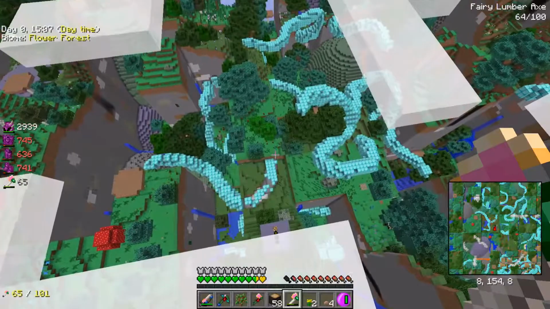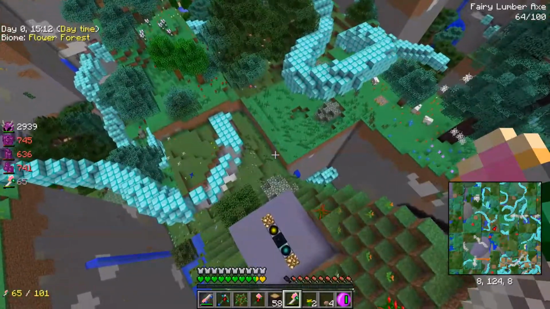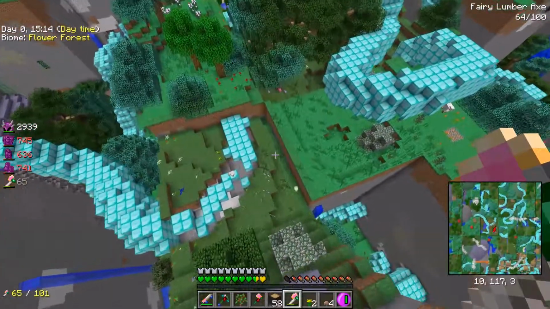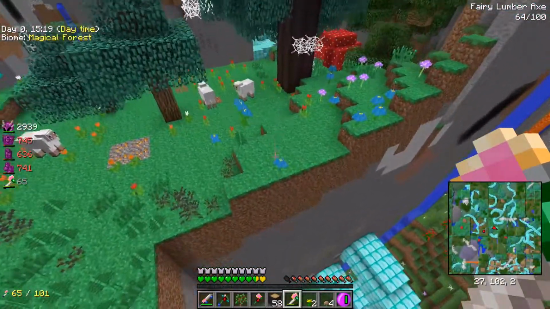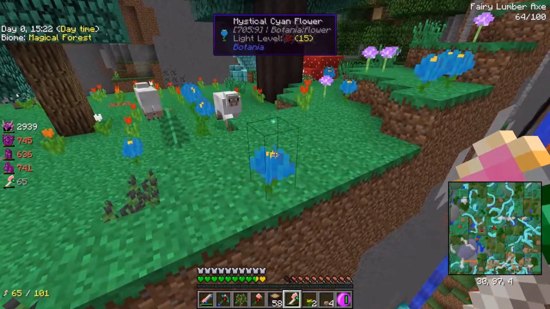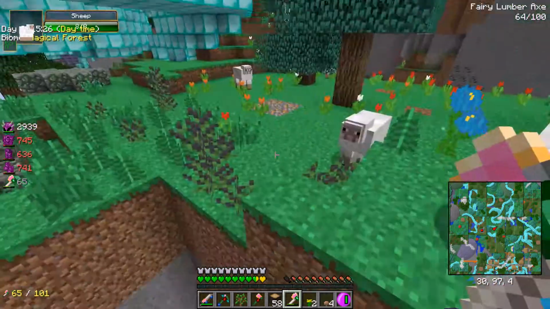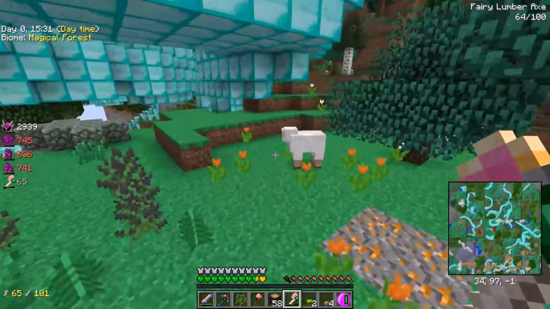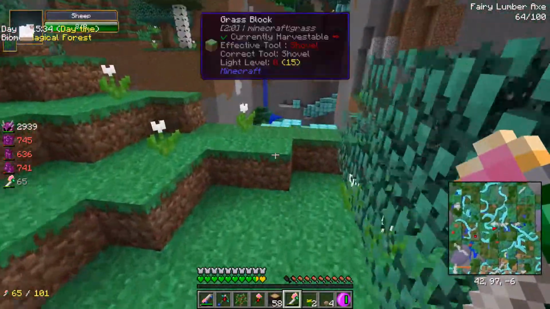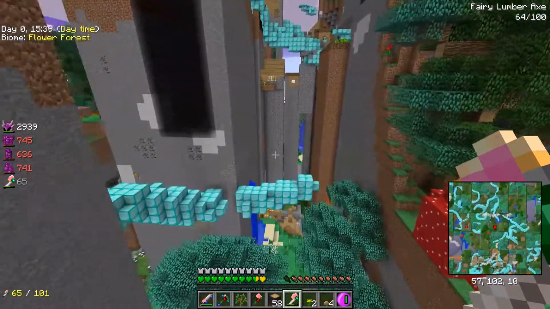But this definitely gives me a chance to explore something else and get a little bit of other stuff that I need for getting into the magic projects. I was really hoping to see... We got magical cyan flowers from Botania, and then we got tall mystical grays and various other things. And all we have to do is find...